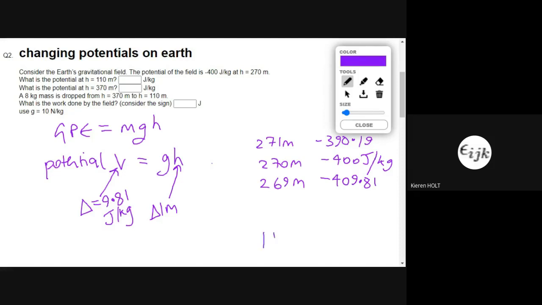At 110 meters, I'm going to find that gap there, which is 160 meters. I'm then going to multiply it by 9.81. And then I'm going to add it to the 400. So that should be minus 1,969.6 joules per kilogram. And at 370 meters, that's 100 meters up, I'm going to do 9.81 times 100. And I'm going to do 400 minus that. So in fact, I get